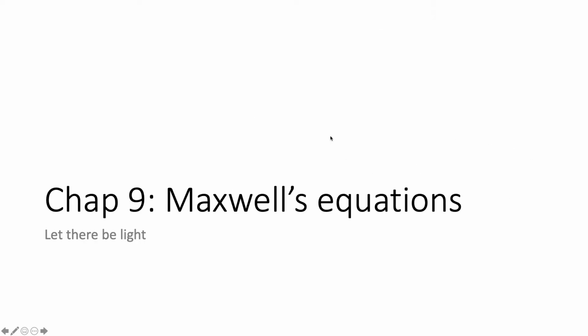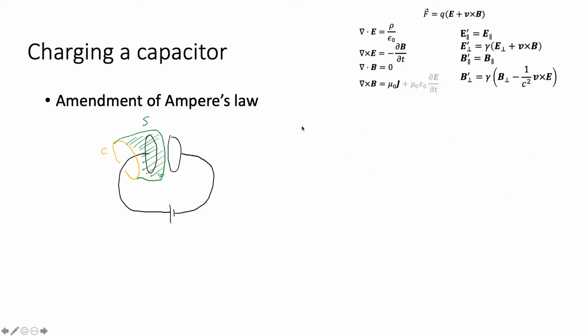So now we have completed all four Maxwell's equations. Oh wait, we have not completed it yet. We are nearly there. The last amendment that needs to be done is Ampere's Law. So we consider a scenario where we have a capacitor that is charging up. Since there's current flowing in the wire, there is a magnetic field generated along the loop